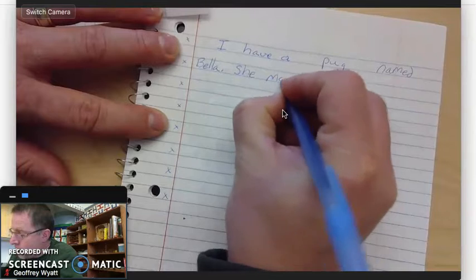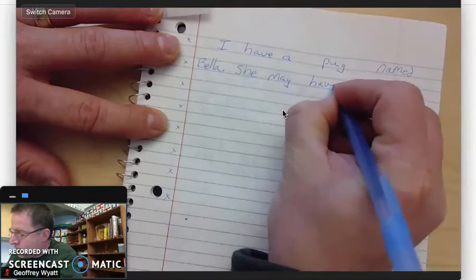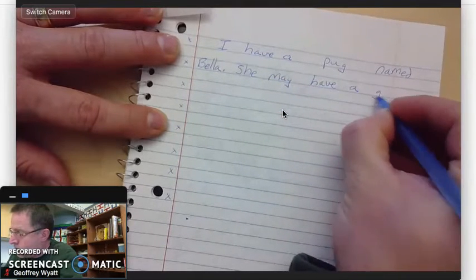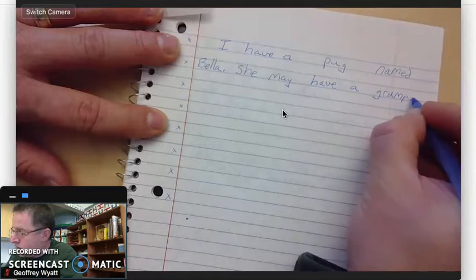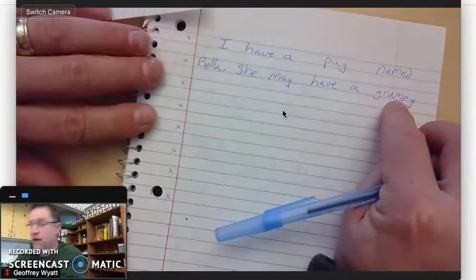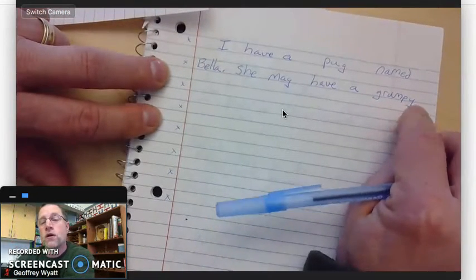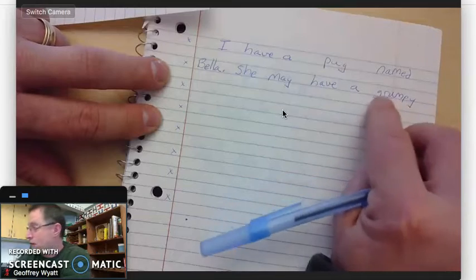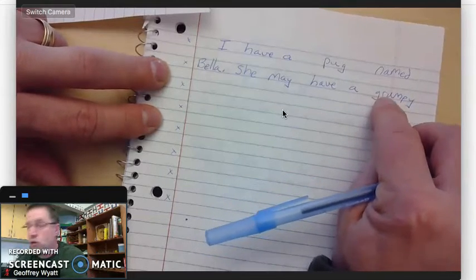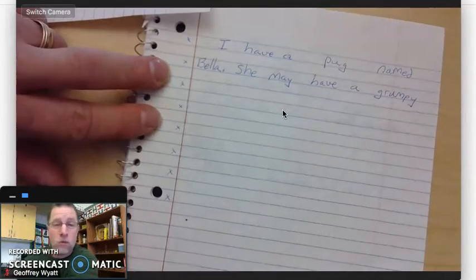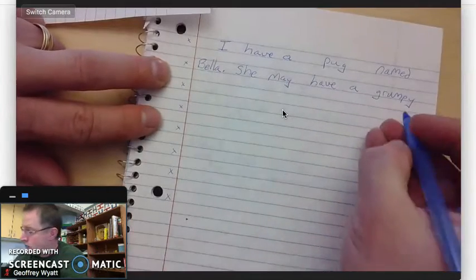She may have a grumpy, oops. Now I could have gone to the next line, but I'm not going to do it mid-word. So I don't want it to go all the way to the edge, but I'm not going to go GRU and then break that word. We're not doing that. We're third graders. We don't do that. She may have a grumpy